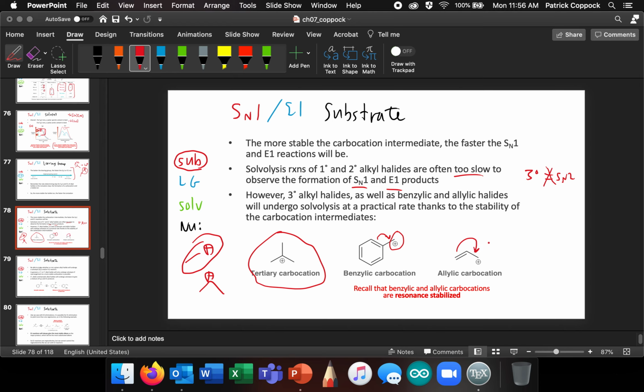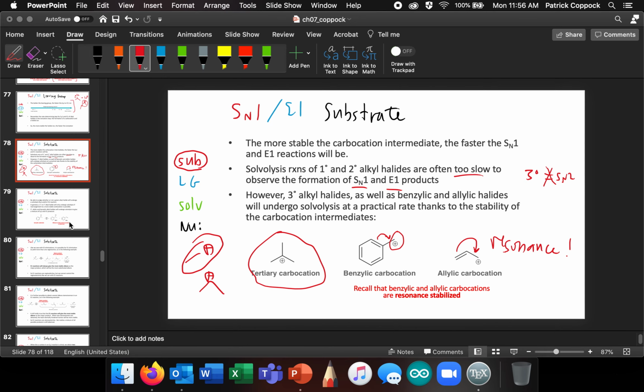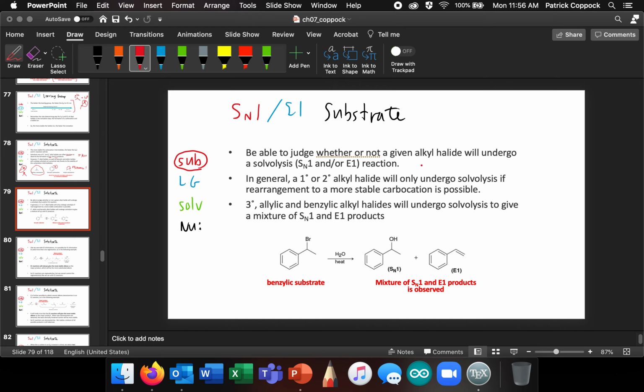This undergoes resonance. Both of these undergo resonance, and so those will undergo solvolysis in a fashion similar to tertiary carbocations. Okay, you should be able to judge whether or not an alkyl halide will undergo solvolysis via SN1 or E1 reactions, based upon comments which I said in the previous slide. But again, you should be making notes about these things and practicing. Primary and secondary are not going to undergo solvolysis,